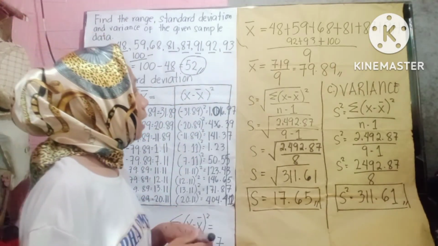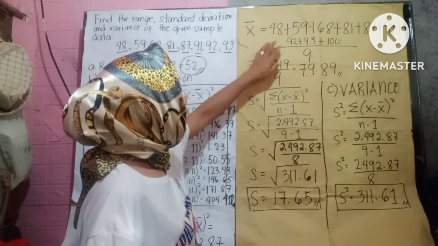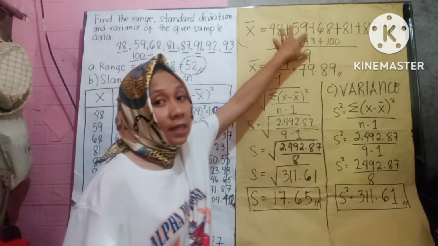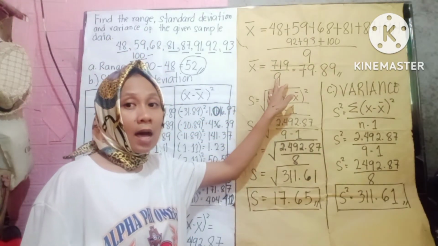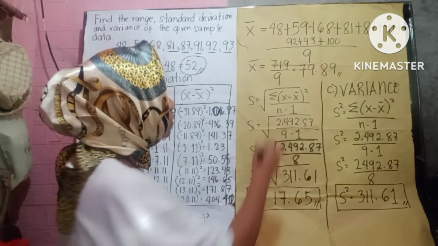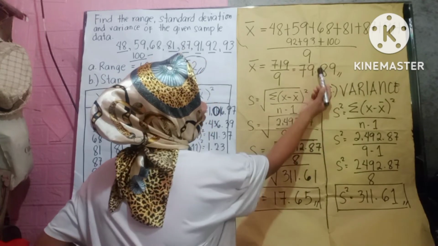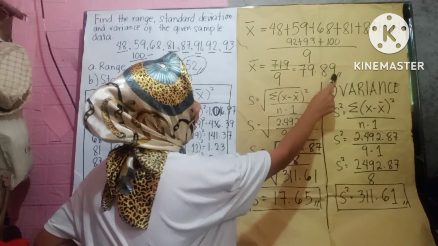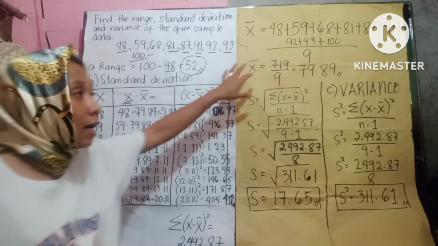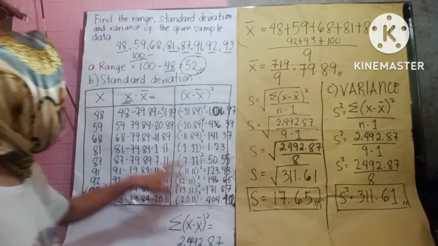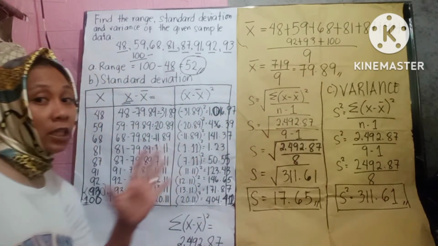So, i-divide natin yung sagot dito sa nakuha nating sample data over kung ilan yung data value. So, 719 over 9 is equals to 79.81. So, ito yung mean value. Para makuha natin yung mean value dito, 79.81. Nakuha na natin yung mean value, yung